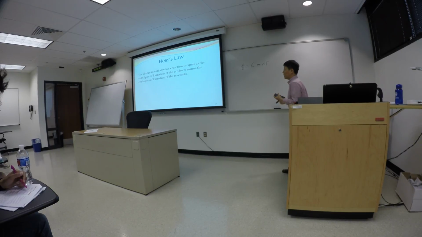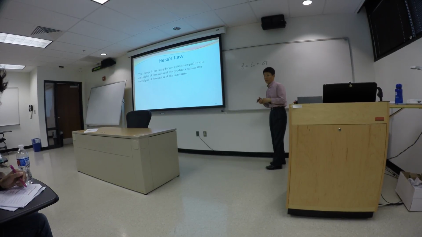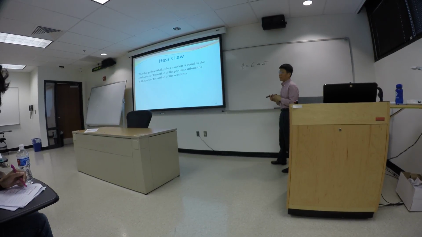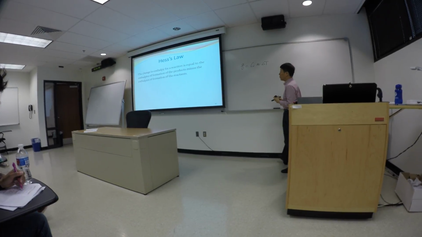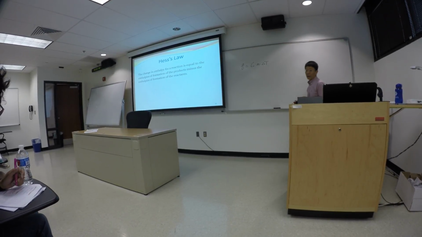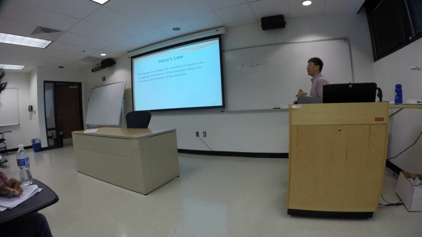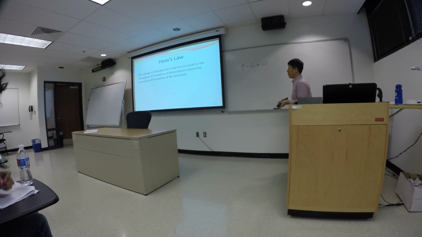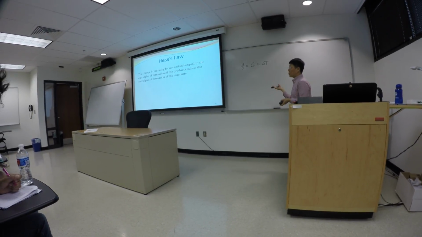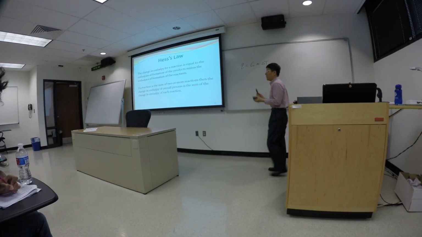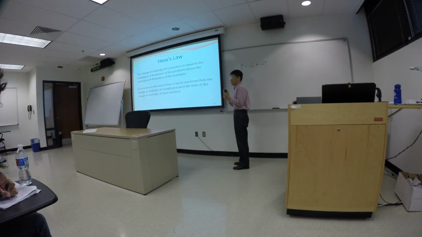We did not talk about Gibbs free energy or entropy; that is a topic in thermodynamics. Those of you taking Chem 102 later on will have a chapter dedicated to thermodynamics. So this is one expression of Hess's law. The other one is that if you have a reaction,